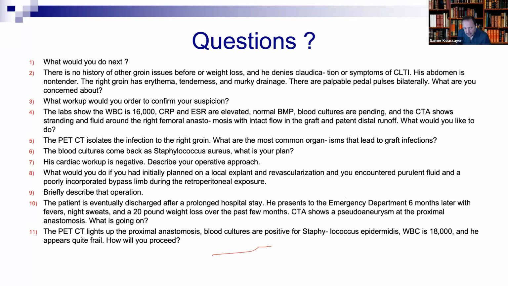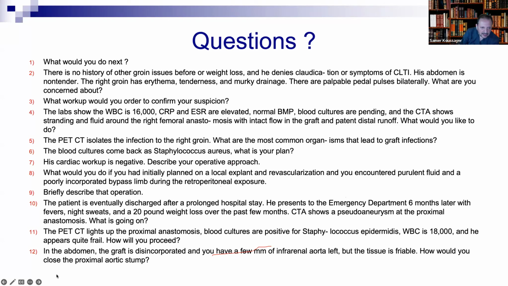He's so fragile, so in situ reconstruction is not placed. So this one, you just do axillo-bifem. You go there, take everything out and suture the stump. It's not a case for reconstruction. We cannot reconstruct. The tissue is so fragile, so infected. So you do axillo-bifem first. Always do the clean surgery first. Then you open his belly, take the graft out, and suture the stump. And you take everything out. But don't leave him alone.